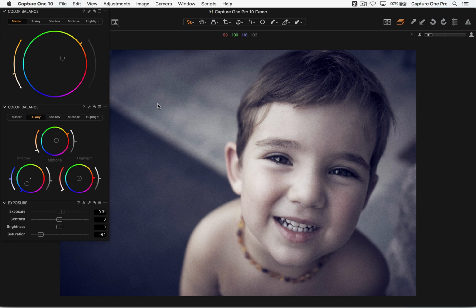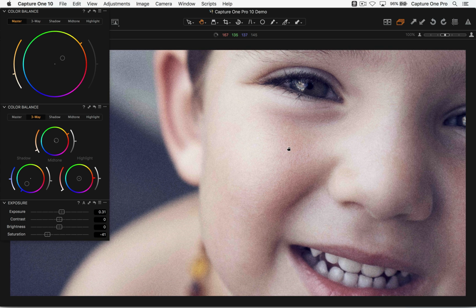What I was saying was that mixing color balance, master and three-way, and the saturation slider gives you another way to play with the tools, apart from just the pure color balance tool on its own. Also, for the keen-eyed amongst you, there's some grain put on this image as well, which is also often a nice thing to add when you're doing color grading.